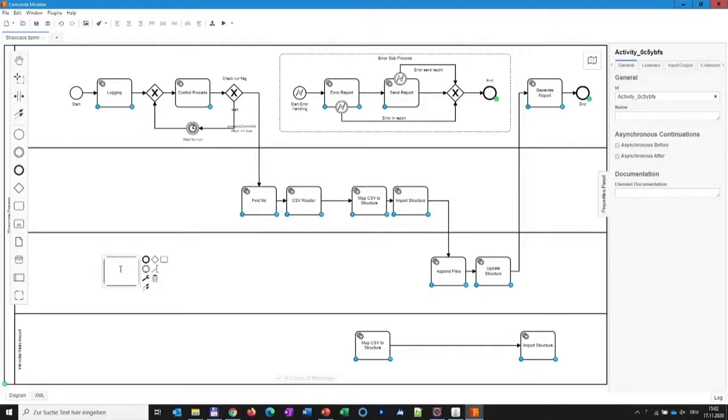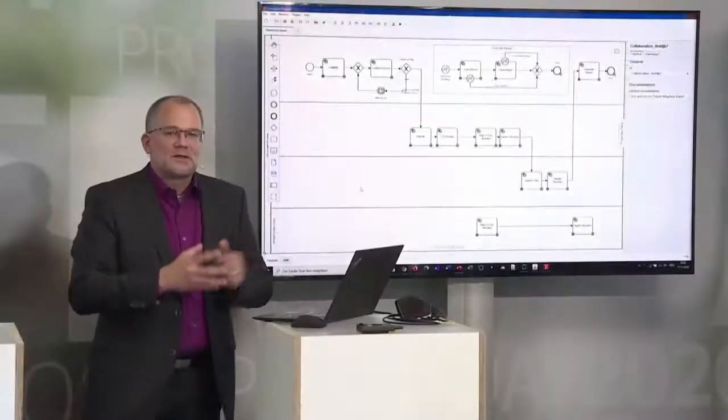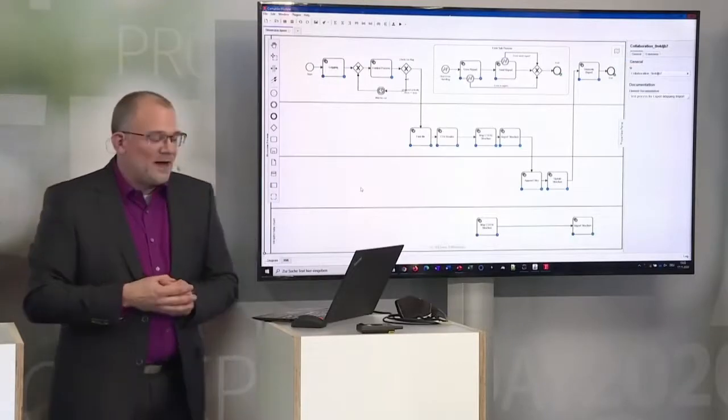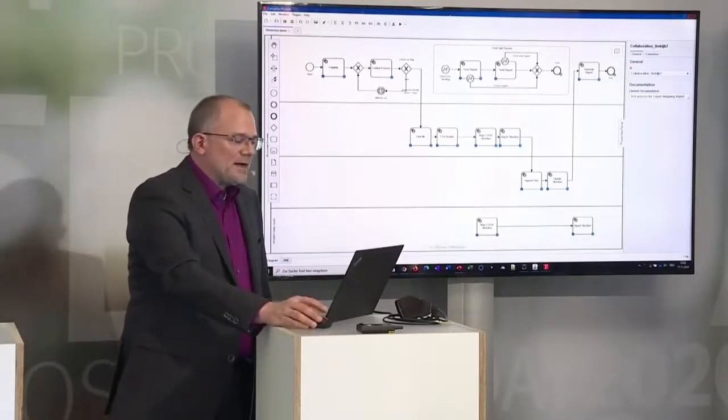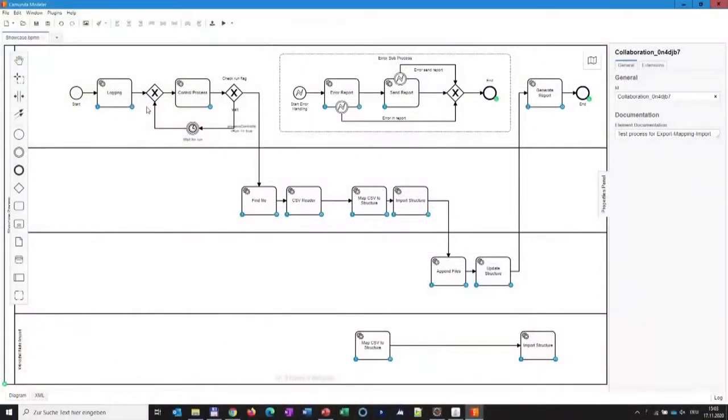To put it in simple words, just drag the arrows between the different tasks. Now for 15 minutes, of course, it's quite a lot to put a process like this together, so I prepared this beforehand. What you can see in the top line is our OpenPDM IFOL process. This process is always there, and we will always supply that. What does this IFOL process do? It prepares the entire OpenPDM integration. That means the process is set up, logging is prepared, so that you have all the data which you need for system integration, and which you will find in the reports later on.